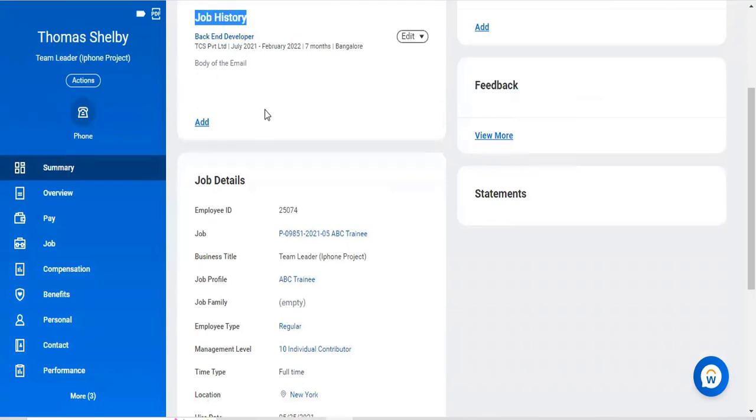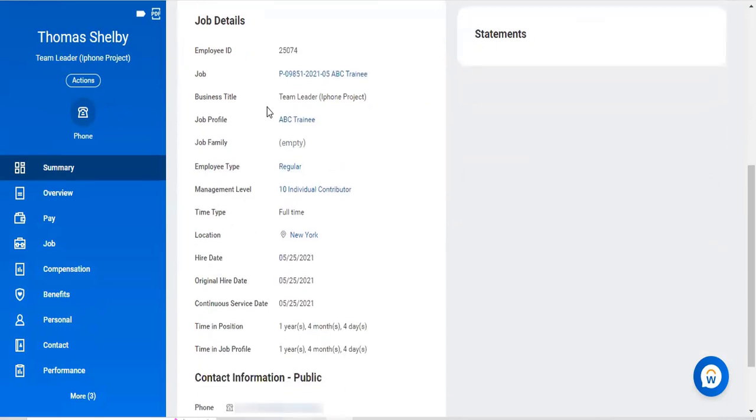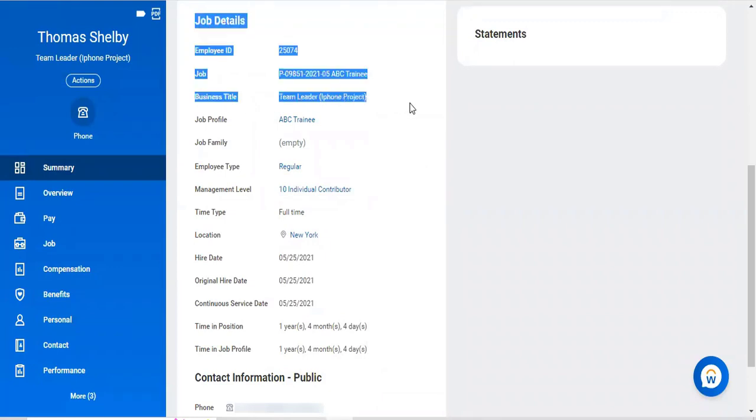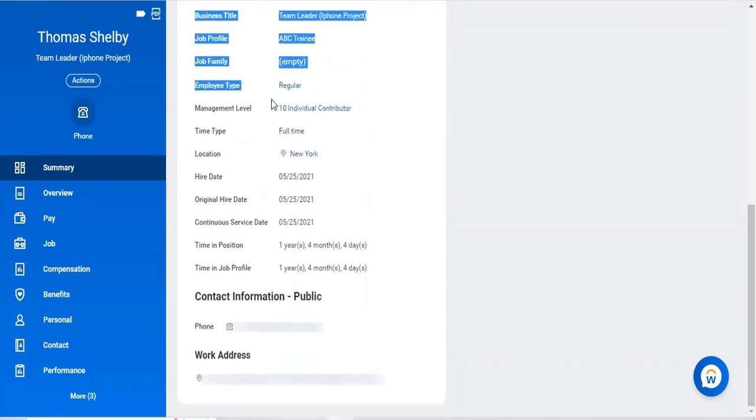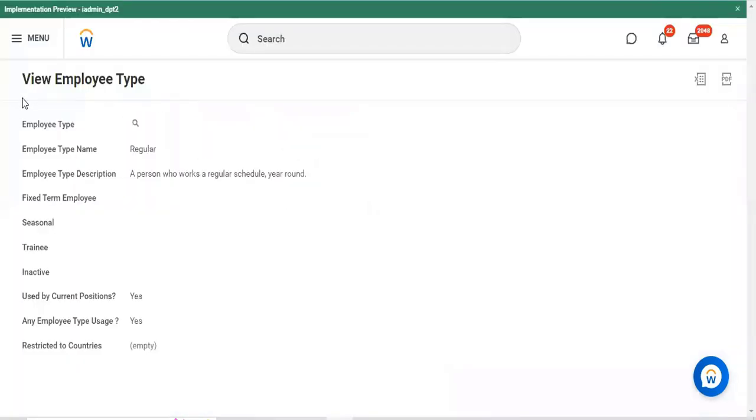This is Thomas's job and work history, and you can see the full details of Thomas below. His employee ID is 25074, and this is all about his designation related business title, and he is a regular employee. Below that, you can see